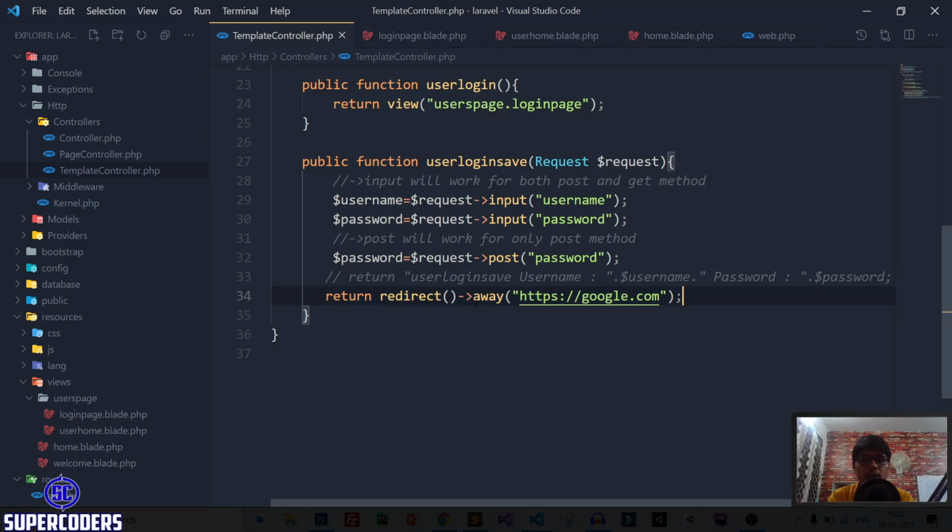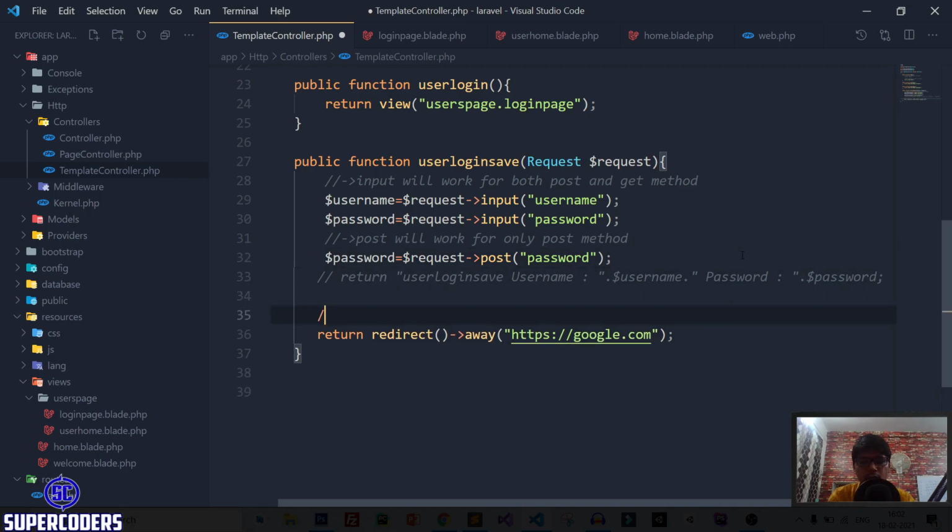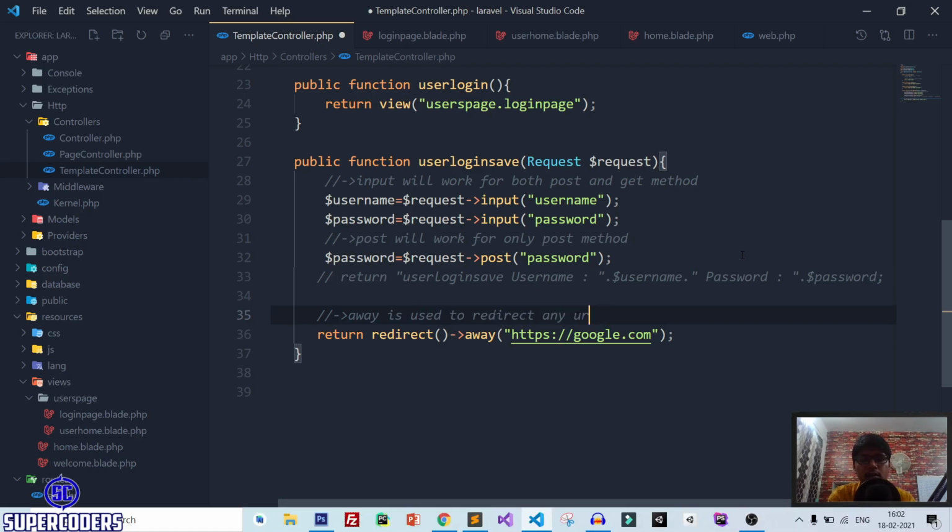But if you want to redirect only a page or route, you can use another way. So let's add a comment also. Away is used to redirect any URL to user.